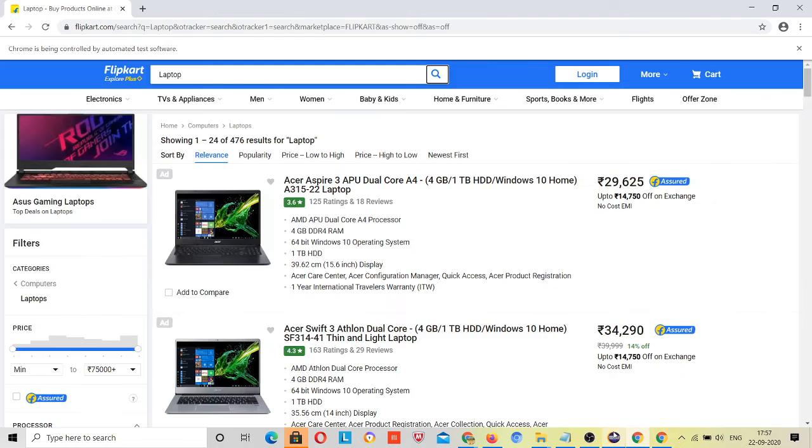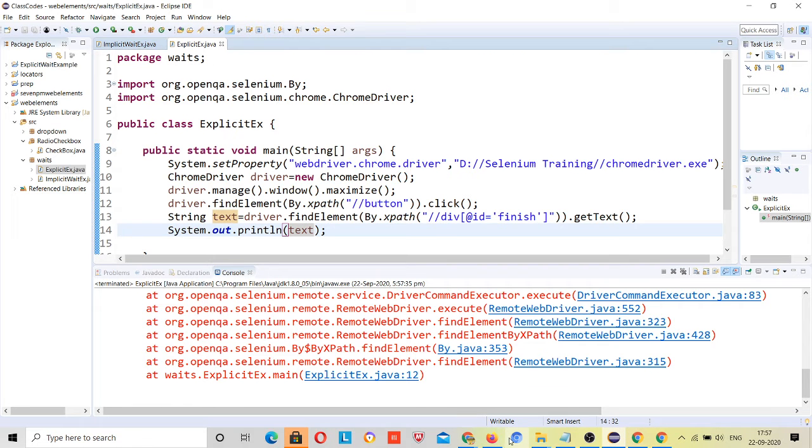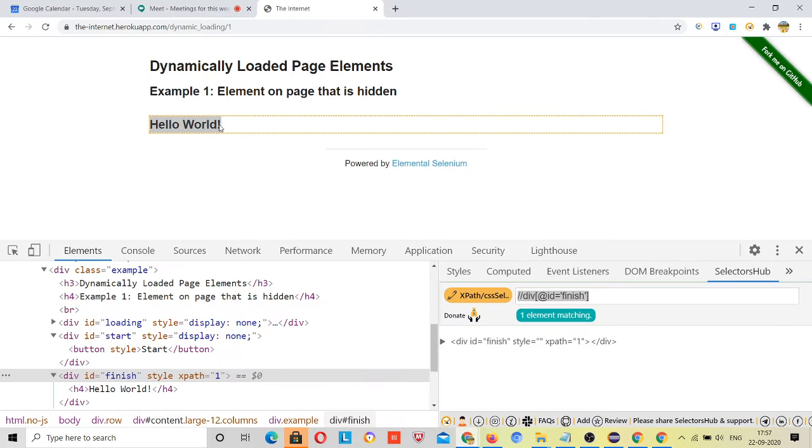Okay, I have not redirected to the particular location, so that's why. Let me copy it.